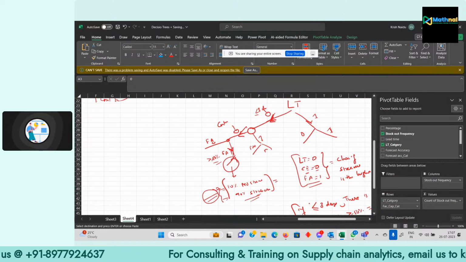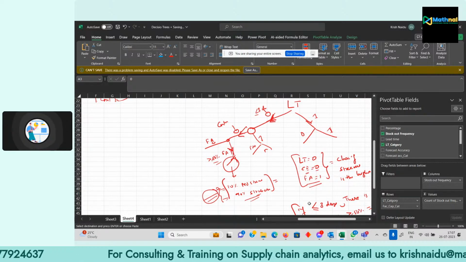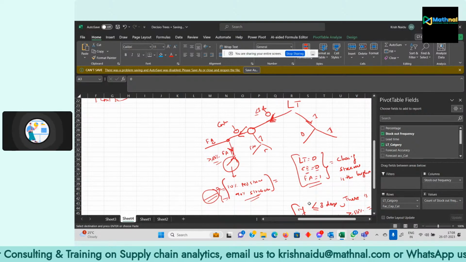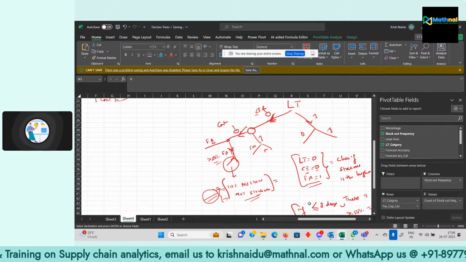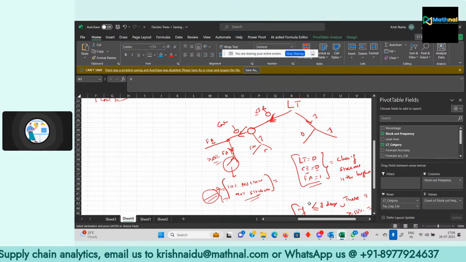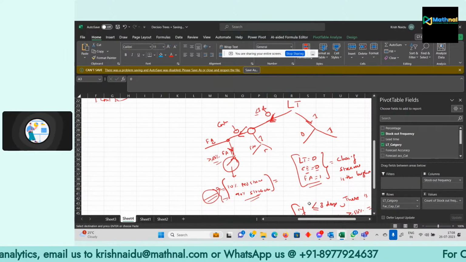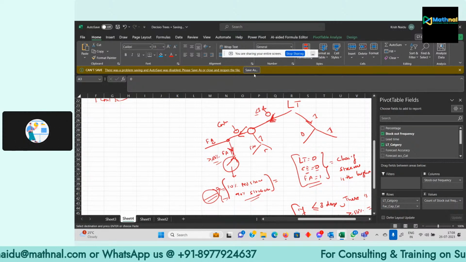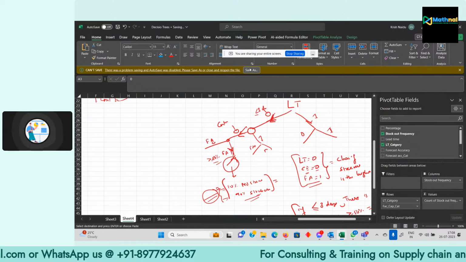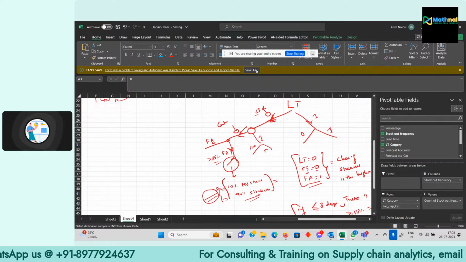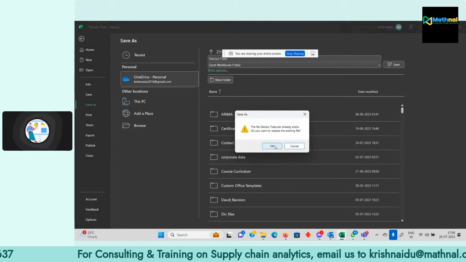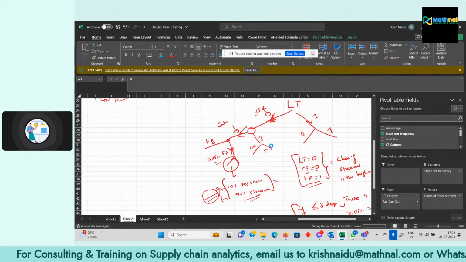So if you know this, I can work on the supply chain and take immediate steps to control the negative outcome. We want a positive outcome. We don't want a negative outcome, right? So I can change the negative outcome to a positive outcome by taking a good decision, by taking good strategies and tactics. Right? That is how we build our decision trees, and this is how it helps in